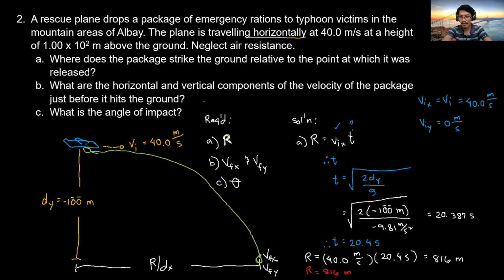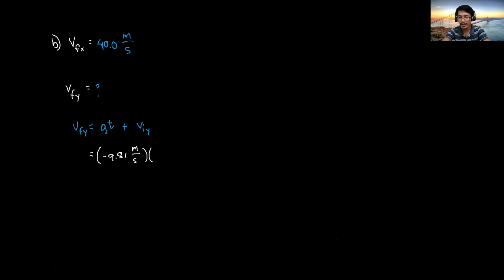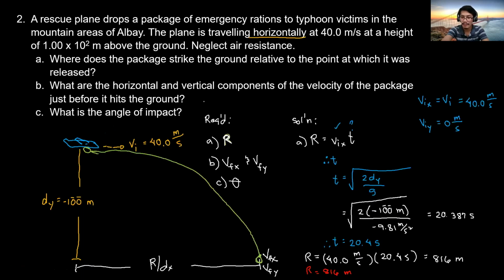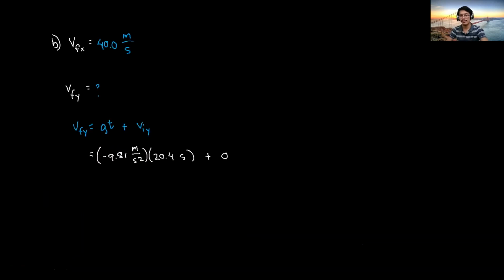What is the time? Time is 20.4 seconds, plus VIY. Where is this VIY? VIY is 0 meters per second. That will give us 200.124